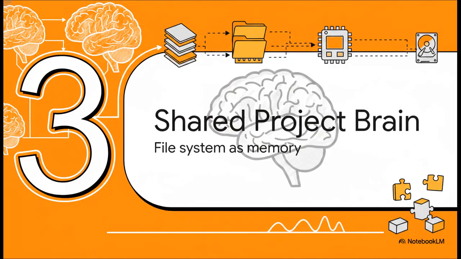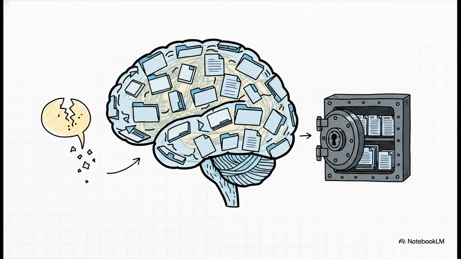Section 3, the shared project brain. Let's talk about using your file system as memory. ACE completely solves that context drift problem by using your actual file system as the agent's memory, specifically the .ace and docs directories. They act as the immutable and evolving memory of your project. This means the AI isn't relying on a fragile conversational history window anymore. Think about it. If an AI agent joins a project on day 100, it has the exact same architectural understanding as an engineer who started on day 1, because the entire state is tracked explicitly in plain text files.